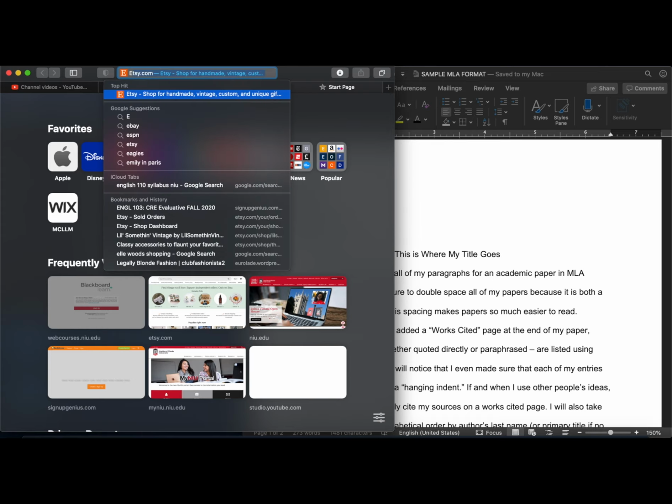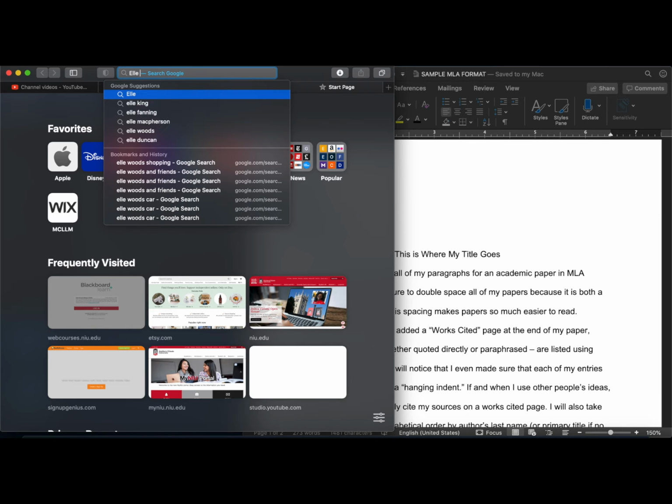Now, as I told you in that other video, you're going to want to make sure that you have photos or pictures that demonstrate each of the visual elements, and that's for each of the characters or pop culture figures that you'll be examining. So you need three pop culture figures. Like I said, in this one, I'm doing Elle Woods from Legally Blonde, Karen from Mean Girls, and Paris Hilton